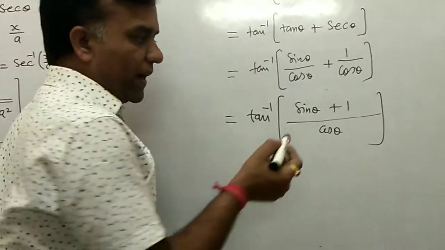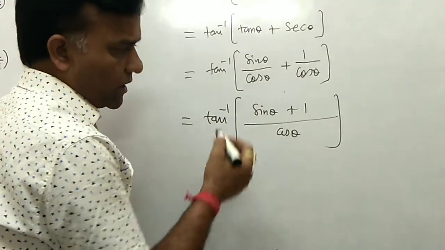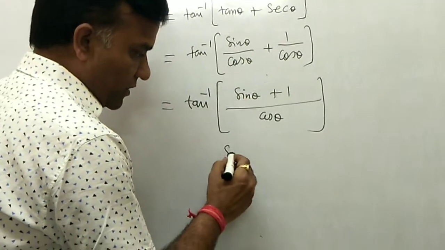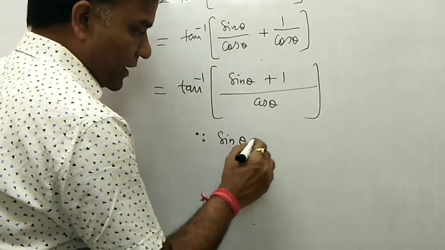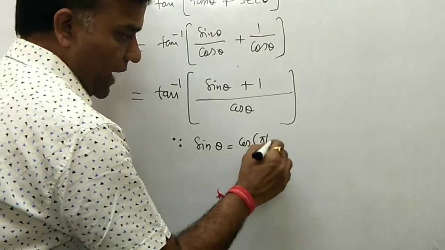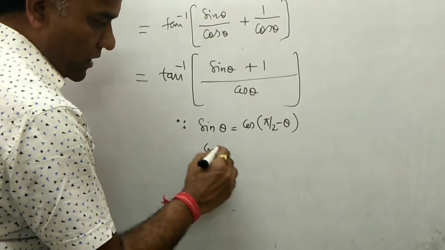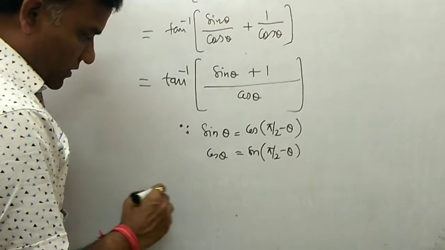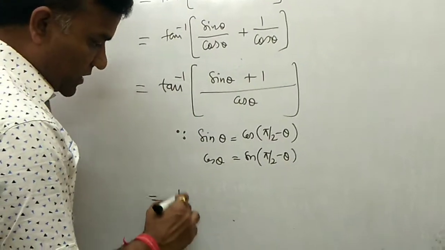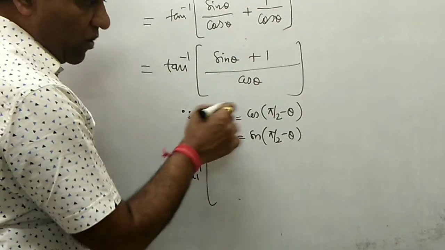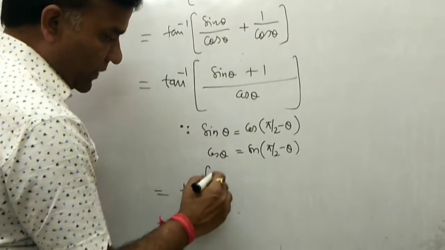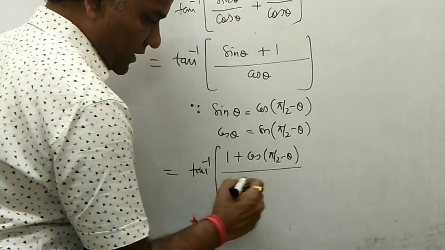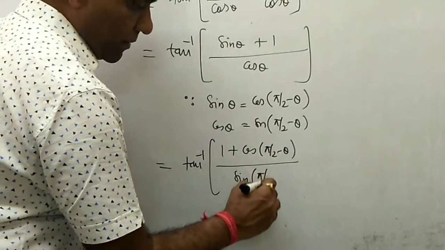Now we substitute the value of sin theta. We have 1 plus sin theta, and I also explained the 1 plus cos theta formula. So sin theta we can write as cos of 90 minus theta, and cos theta we change to sin of pi by 2 minus theta, because two types of conditions are listed. For easy going, you convert into the half-angle formula, and now you have 1 plus cos of pi by 2 minus theta, and similarly in the denominator sin of pi by 2 minus theta.